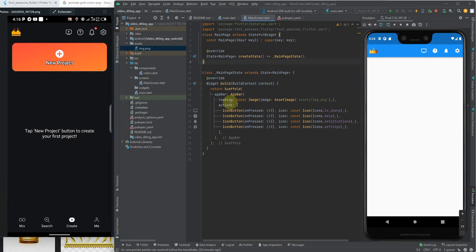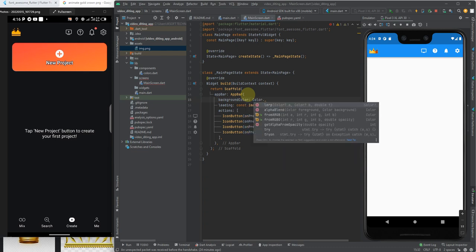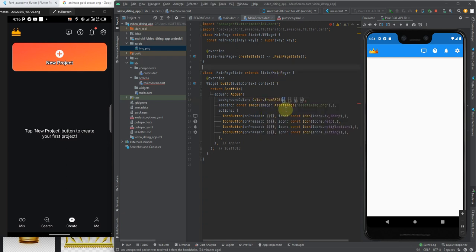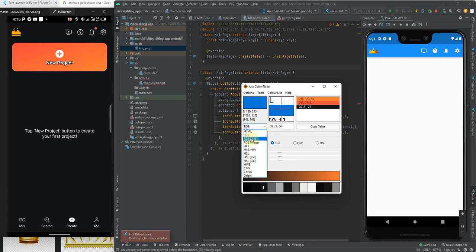So now we have to set the background color, right? We can either decide to use Color dot fromRGB, something like this. Then we just come to our JC color picker, and that is going to be the base color, just like this. As you can see, we have the RGB type, and then we have this type, and you can choose anything your heart desires, but I think mine is